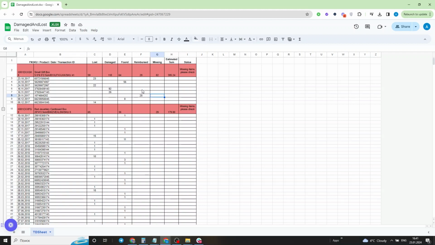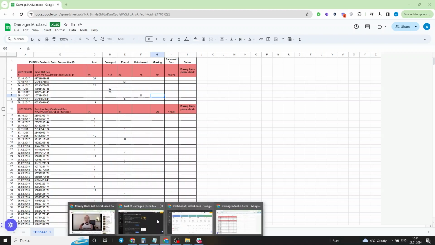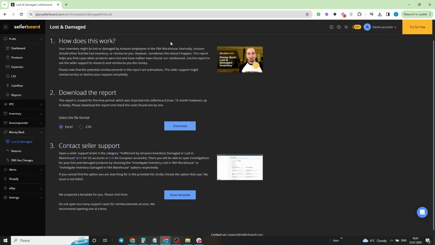Okay, so this is the report. What do you do next? Having this report, what you want to do is come back to this page right here and use the template that we provide in order to send out a request and open up a ticket with Seller Central support. So you will need to basically either use the text that we provide or write your own text, but the template that we provide works really well, and also include the information from the report. So basically copy the text, the IDs, and paste in there.